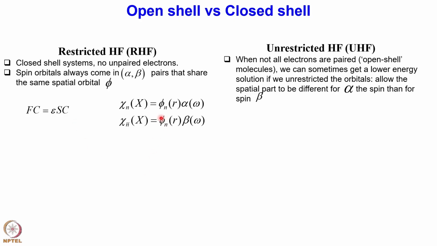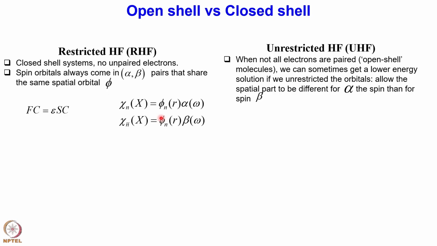Whereas, if I go to the unrestricted picture, here all electrons are not paired; they are open shell molecules. In most cases we can have alpha and beta electrons with the same number, but the spatial part can be different. We can sometimes get a lower energy solution if we have an unrestricted orbital, because now the spatial part of the alpha and beta electrons are different, which leads to more variational flexibility. So, your wave function can go variationally down and can lead to a slightly different, slightly lower answer than